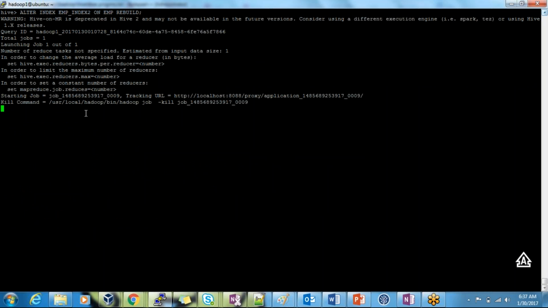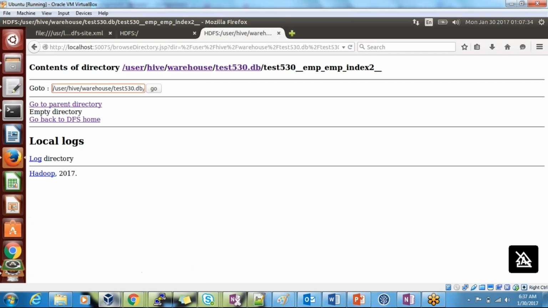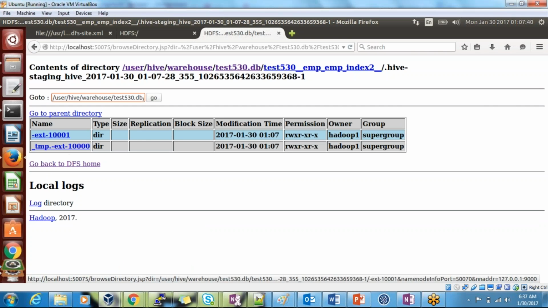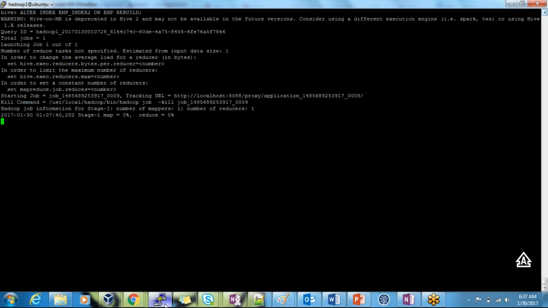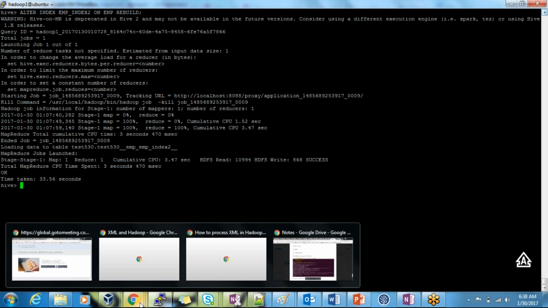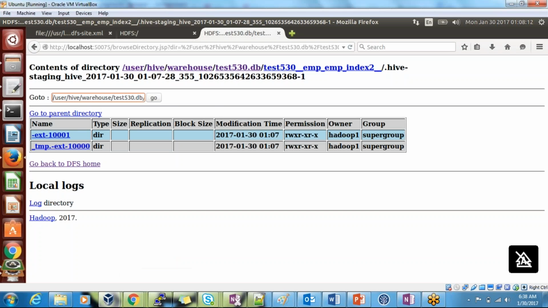I'm going to rebuild it on this, and it's actually loading the data. You can look at this location. It's creating this directory. Let us finish this. This will have some temporary data. This is done. We didn't execute the performance query, I'm just rebuilding it. So when you rebuild it, the data will be reloaded here. Let's go back